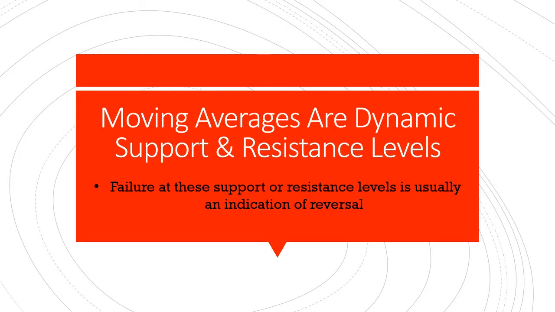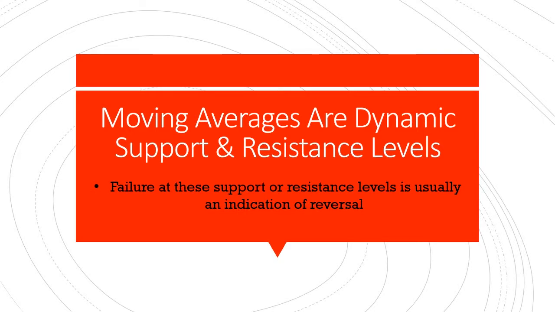First of all, I want you to keep in mind that moving averages are dynamic support and resistance levels. They move up, they move down. When the market is in uptrend, they move in the same direction. When the market is not moving a lot, they are not moving a lot, and they are not much help at that time. But when the market is trending, moving averages can be extremely helpful in confirming the strength of this trend. That's number one, and in giving you excellent chances to get in the market at the right time. That is benefit number two.